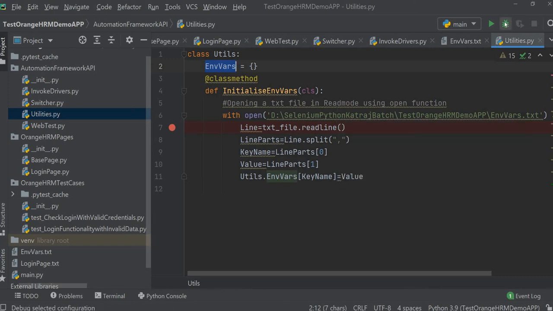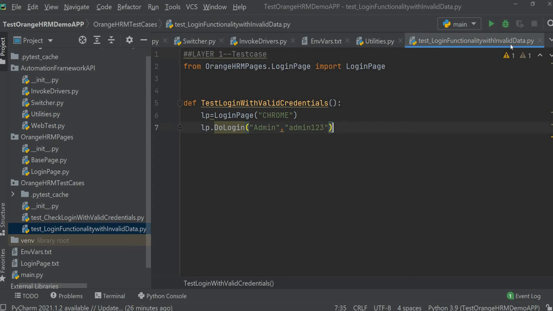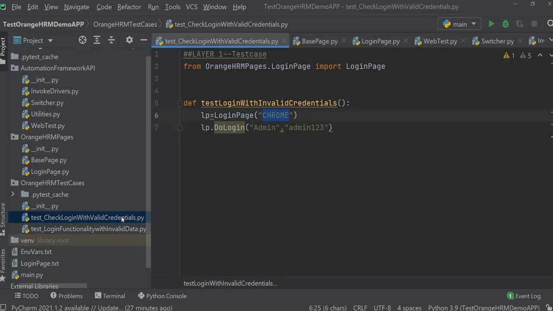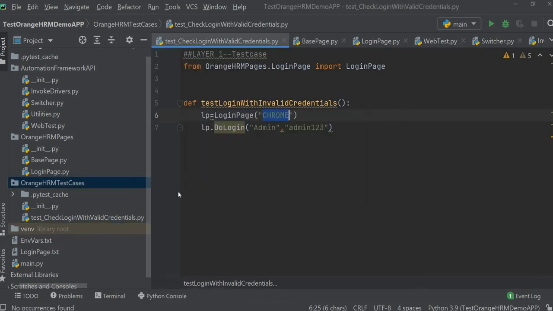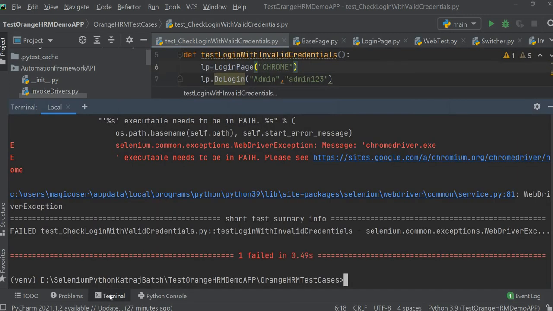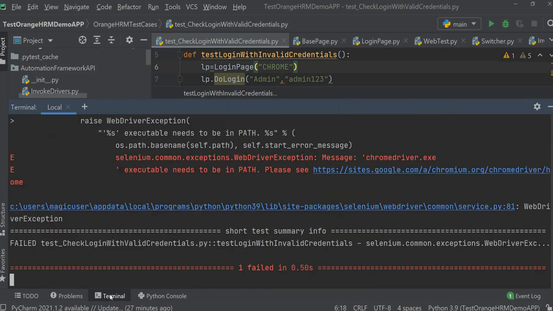I am just removing this file now. Now let's run it one more time, and then if it doesn't work, we'll debug.